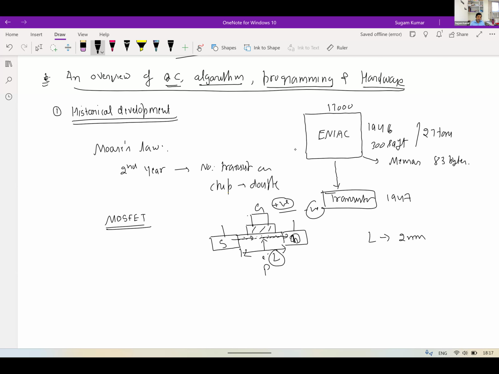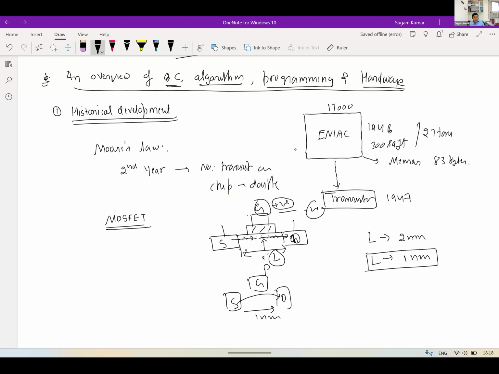And if this thickness or this distance goes to, let us say, 1 nanometer, then you can see that at this scale, these electrons from the source to drain can easily tunnel. There is quantum mechanical tunneling. The separation is so small, 1 nanometer, that an electron from the source can directly tunnel to the drain without any role of the gate.